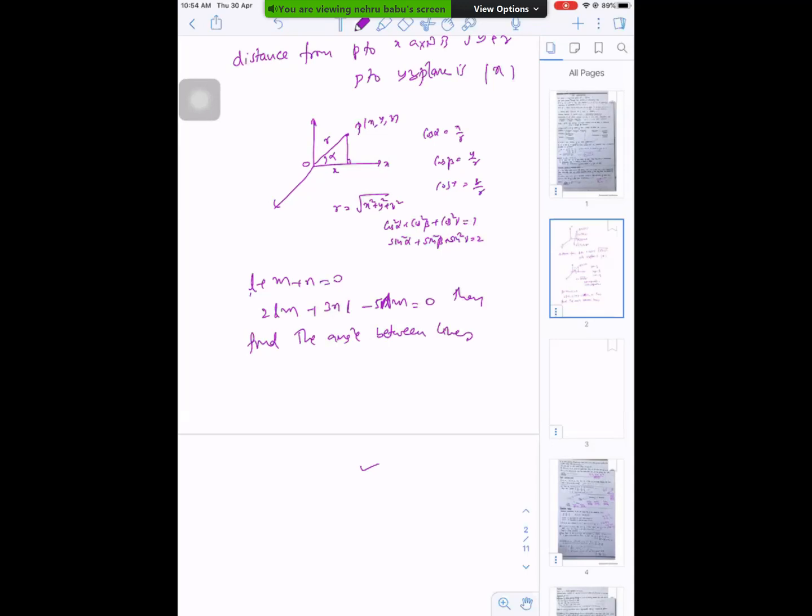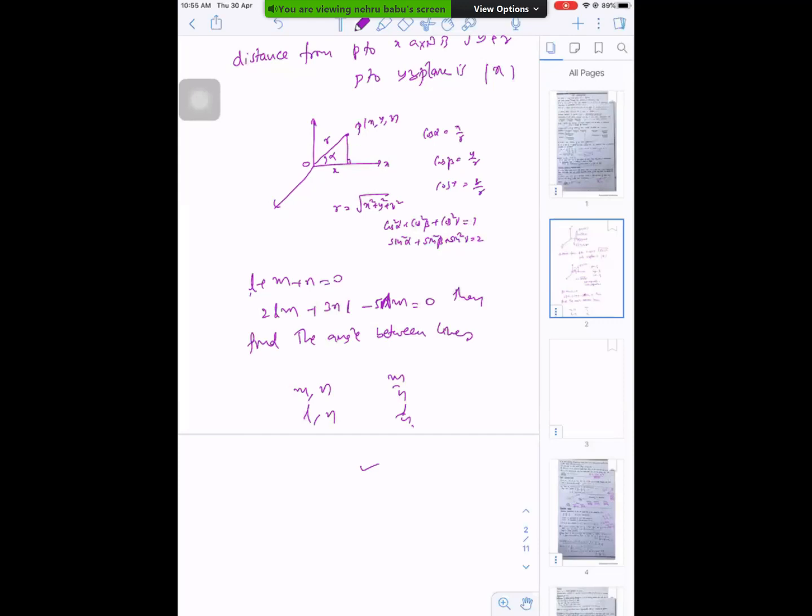By using these three things, you can find L, M, N here. For example, in this case, what you have to do is substitute L equal to minus M minus N. Then we'll get a quadratic equation in M and N. So we'll solve that and get the M by N value. In the same way, substitute M equal to minus L minus N. Then we'll get an equation in terms of L and N, so we'll get the L by N value.